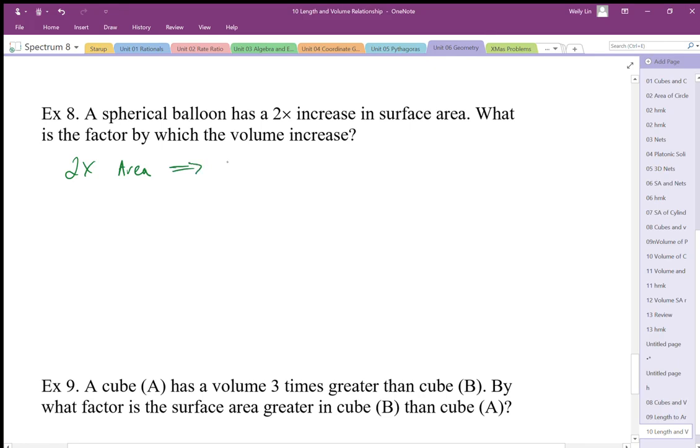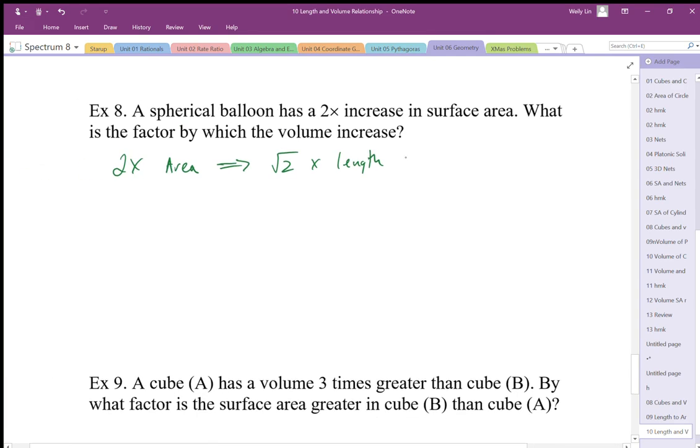That means that square root 2 times is my length, which is approximately 1.41 times the length. I'm going to have to increase the length, width, and height of that balloon by 1.41 times to get double the surface area. If I want to then convert that to volume, I take that square root 2 length and I'm going to cube it. And that's going to give me my volume, which is